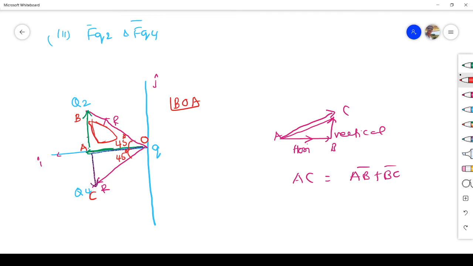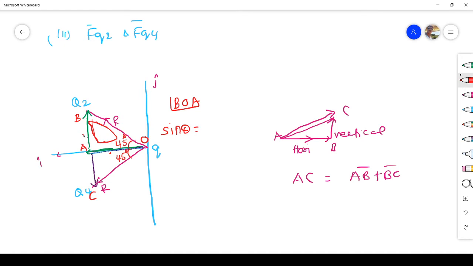I want this side, adjacent side and opposite side, because I am resolving this vector into two parts. So I want to know this side and I want to know this side. That sum is equal to this r. So what is BOA? We find from BOA, I want to find, for example, this 45, instead of 45 you just make theta. Later we substitute theta is equal to 45. Sin theta. Sin theta is equal to what? Let us assume this is theta, not 45, for the time being.